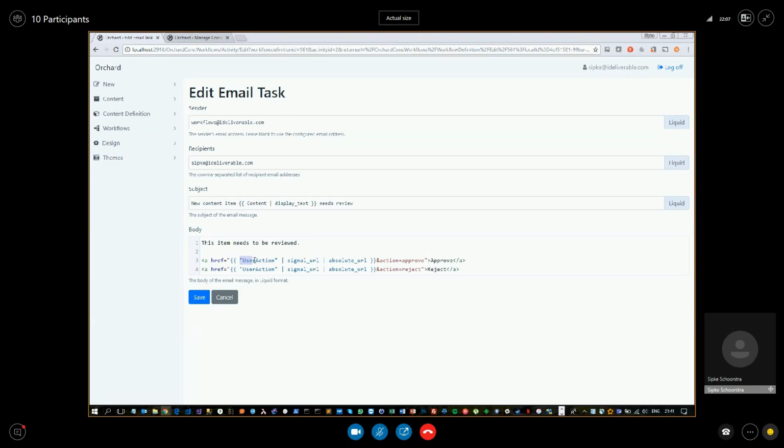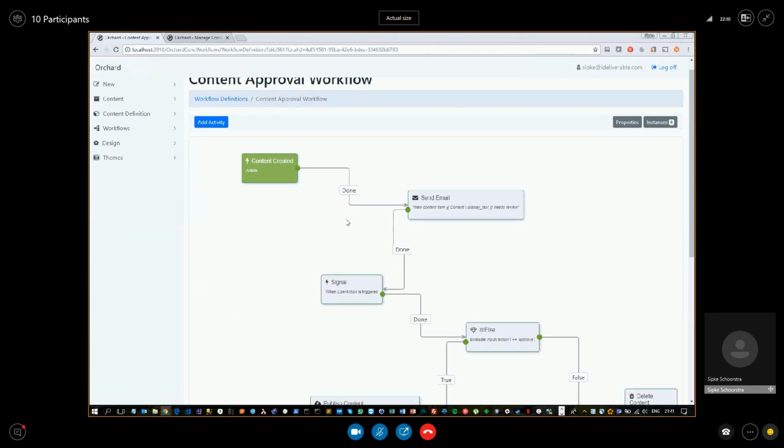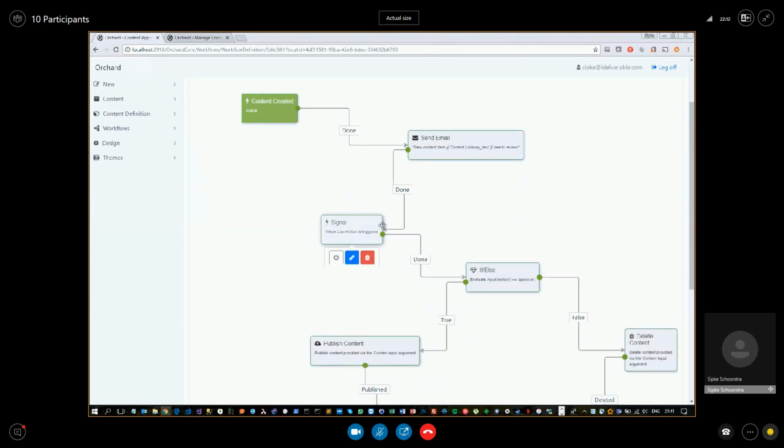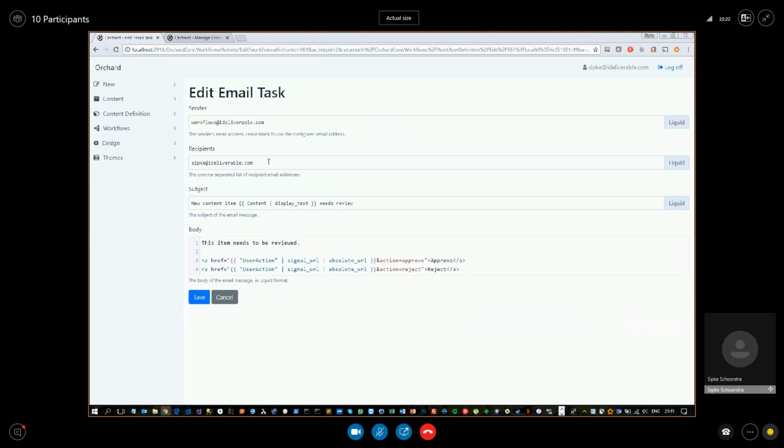There's an event called signal, so you can generate a URL that when invoked, will then continue the workflow. And to generate that URL, you use the signal URL filter on an arbitrary string, which represents the signal name. So that's how this works.